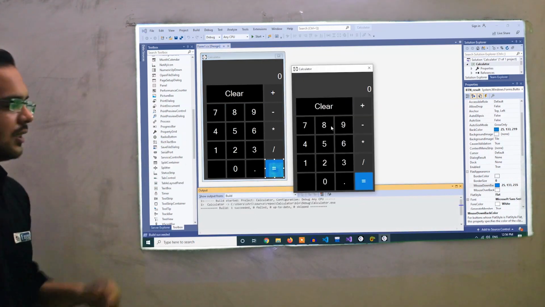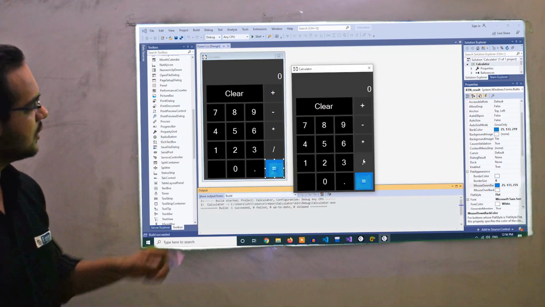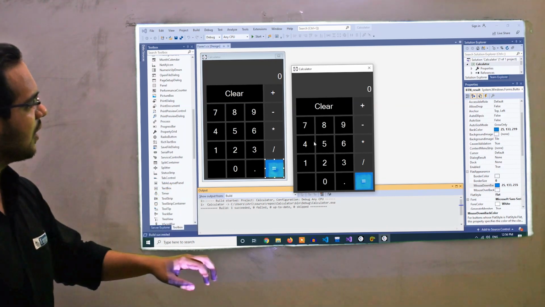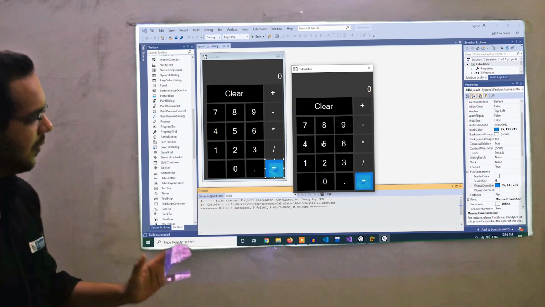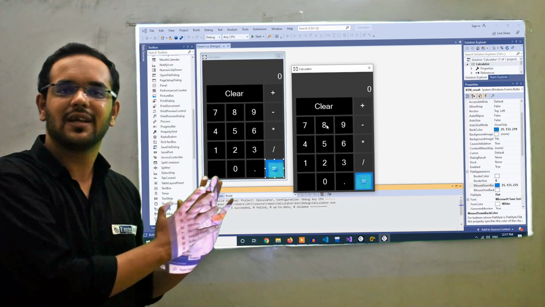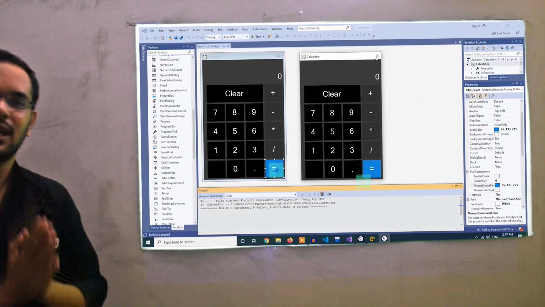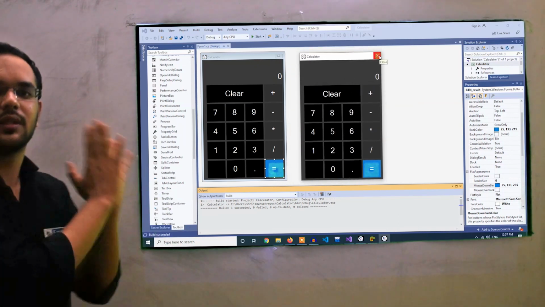Okay, now let's see how it is looking. Let's run the form. Just click. Yes, good looking. Yes, perfect. Perfect, perfect, perfect. So our front end is ready. First task is completed. Now let's see how we can code it for the back end.